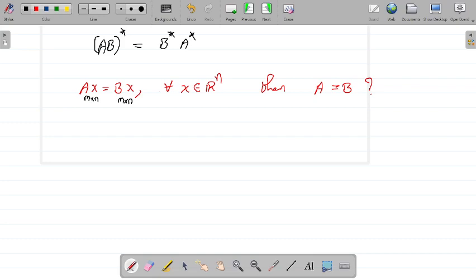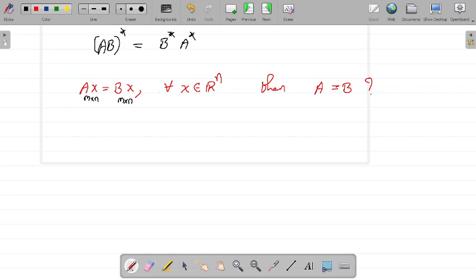Yeah, 1 0 0 0. Good. If I take A, this multiplied with 1 0 0 and so on 0, this will give us exactly the first column of A. Why? Because 1 into the first column of A plus 0 into the second column of A plus 0 into the third column of A plus, and the rest all will become 0.